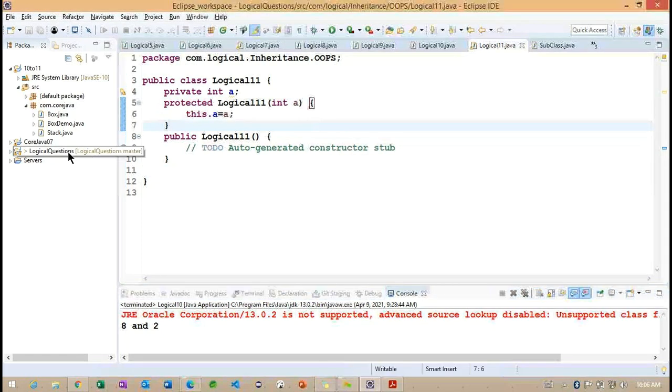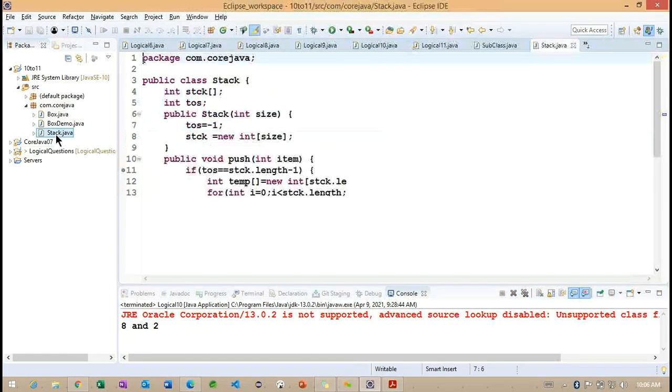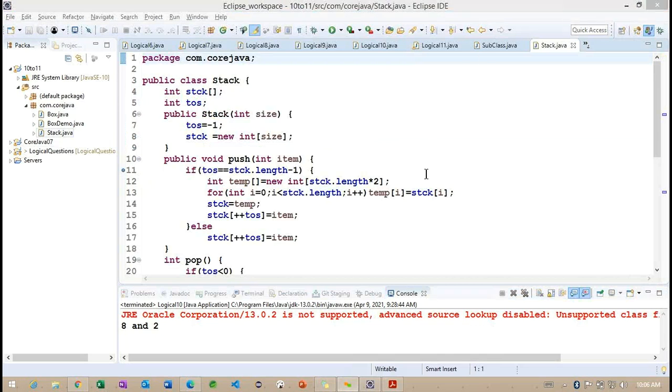Good morning, everyone. In the last class, we discussed the stack-related example. Observe here, using these method declarations as well as the constructor information, we defined one example and implemented the dynamic stack and the fixed stack. So today we are going to discuss one of the important concepts, polymorphism.